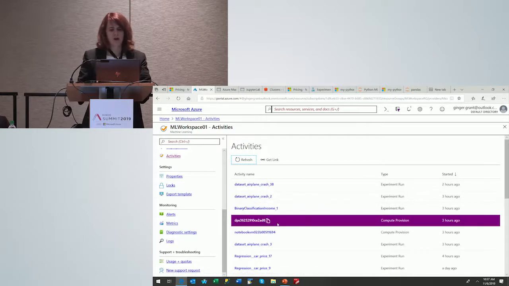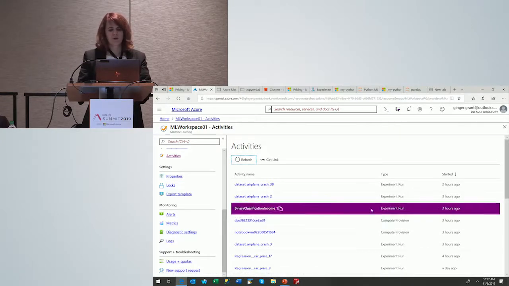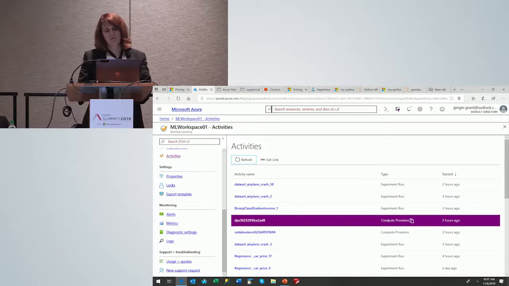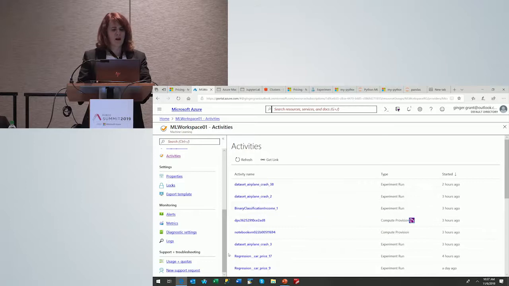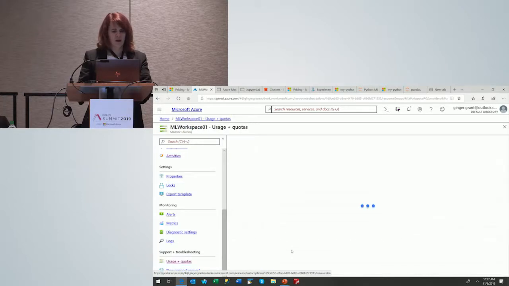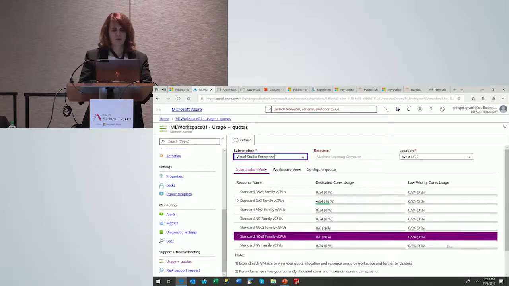And notice that also, I deleted this. So I think this is an interesting name for compute provision, because what I did is I made it go away. And so that's not the most intuitive name in the world, because that's gone. Usage and quotas is not what I think of when I think of usage and quotas.